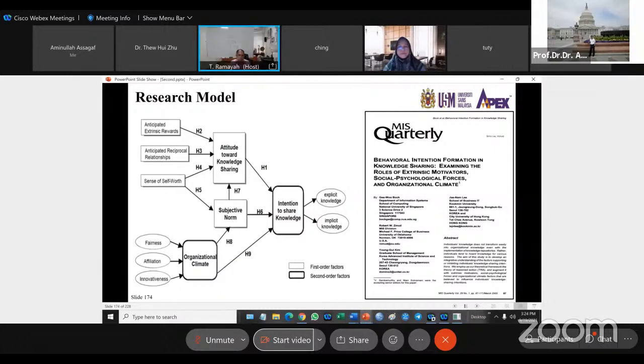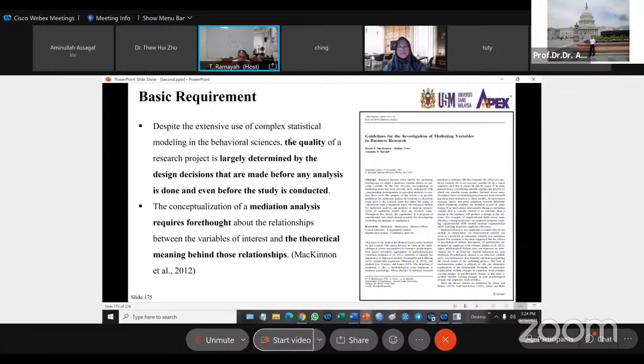Okay. For mediation, I would strongly recommend you to read this paper written by McKinnon et al. in 2012. McKinnon has been writing from the time Barron and Kenny were writing. They're actually from the same era. But unfortunately, many people like to cite the paper by Barron and Kenny instead of McKinnon et al. But McKinnon's paper in 2012 is really interesting. Try reading it. And one of the things he raised is this,